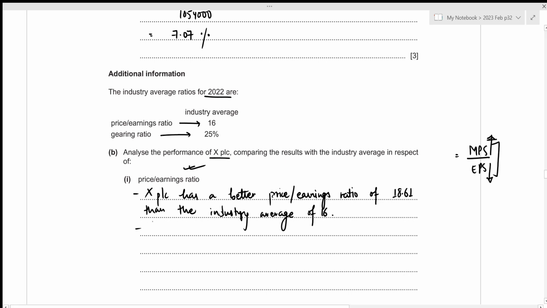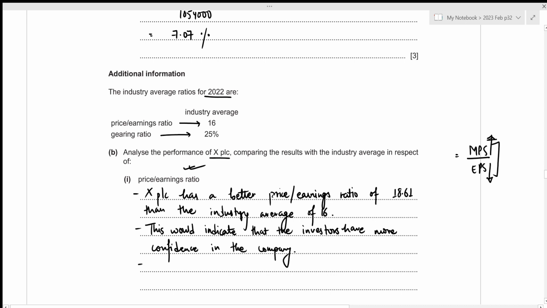Let's write it down. This would indicate that the investors have more confidence in the company,